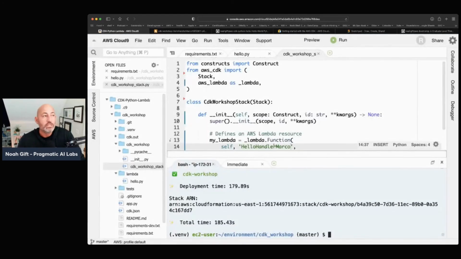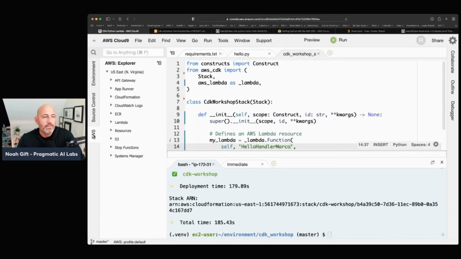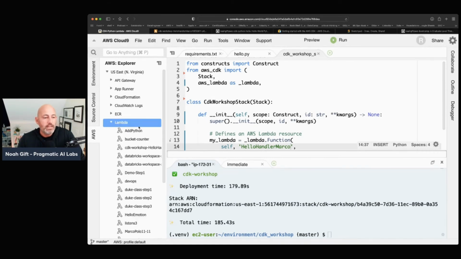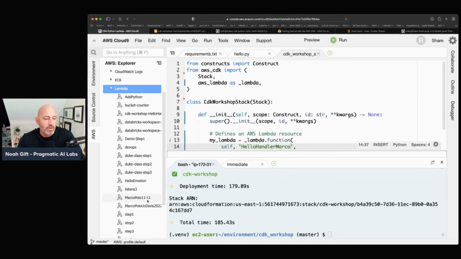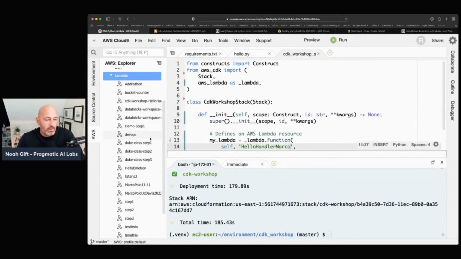Now, there's yet another way that you can deploy infrastructure as code using the CDK system, and invoke it, which is using the AWS hook here inside of AWS Cloud9. If I go to Lambda, I can just find that Marco Polo function here.